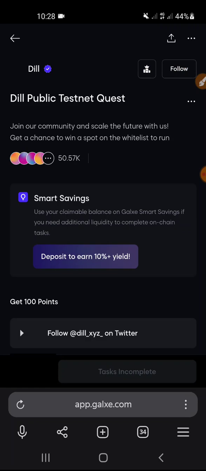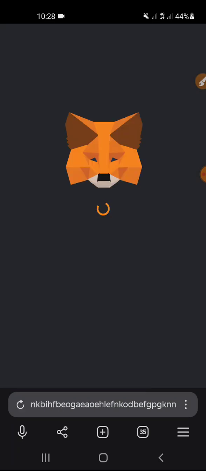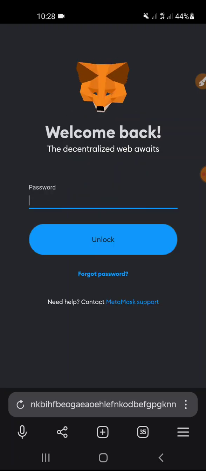I especially use five wallets and five browsers for doing multiple accounts. So here I used the Yandex browser, where you have your MetaMask, use that one. The same thing would happen: my MetaMask is automatically getting notified by that app, so it's going to be opened up. So put in your password.